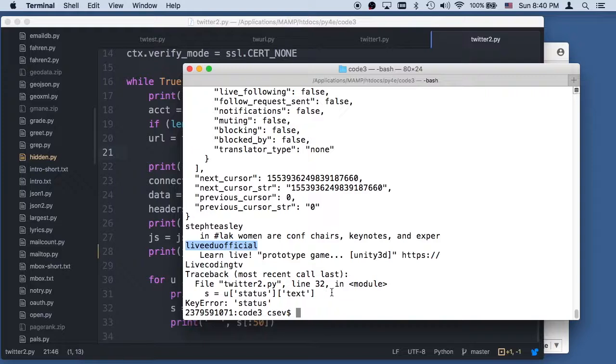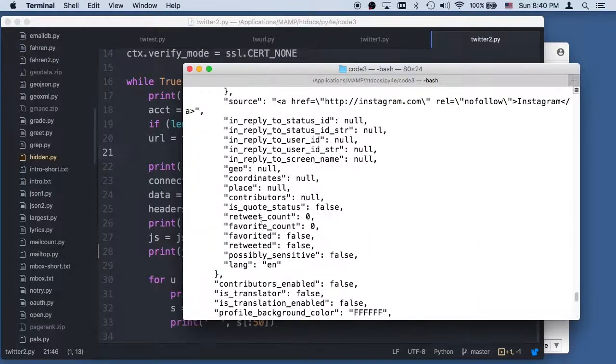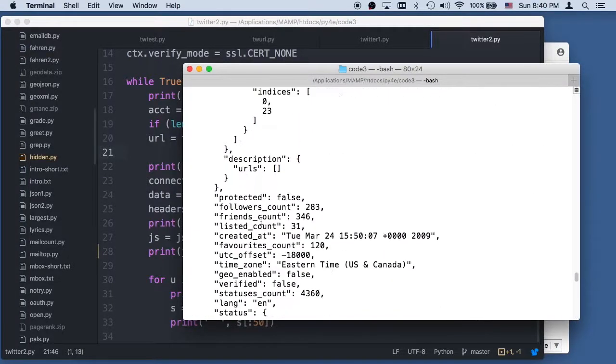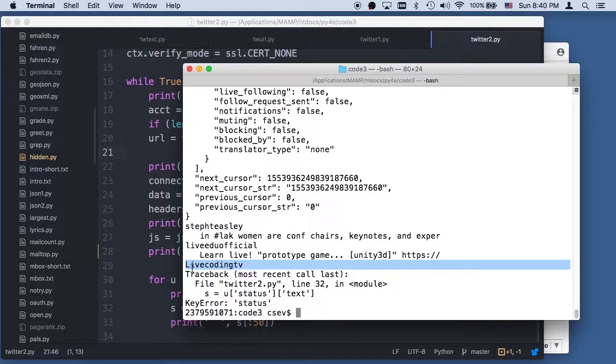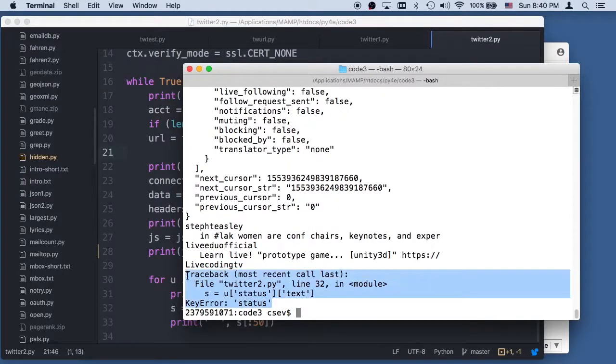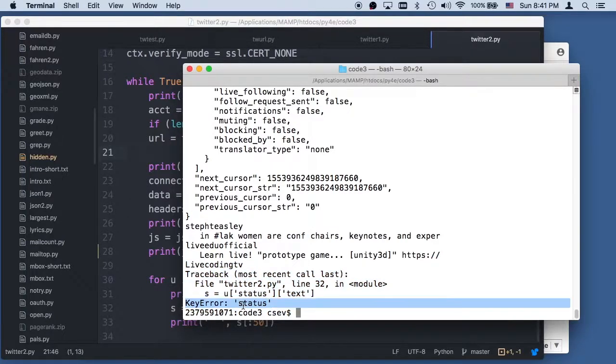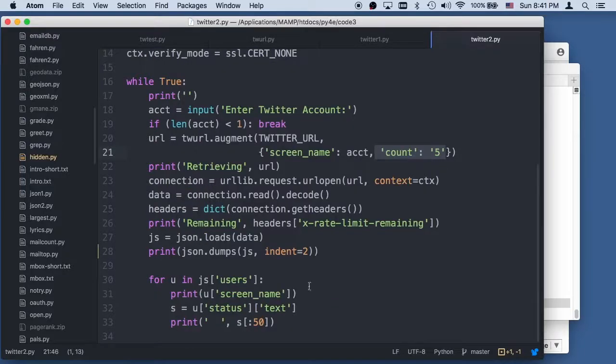What? Key error status, that didn't work. Why not? Oh, that's because live coding TV somehow doesn't have a status. So most of these work, so now you'll get to see me fix something, and when you download it, it'll be fixed. And so it says key error status, so that means that I've got to do a thing that says